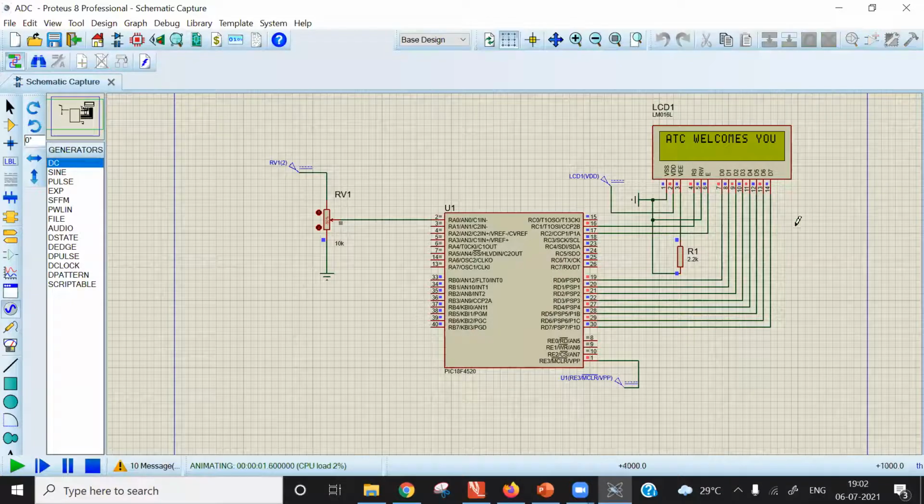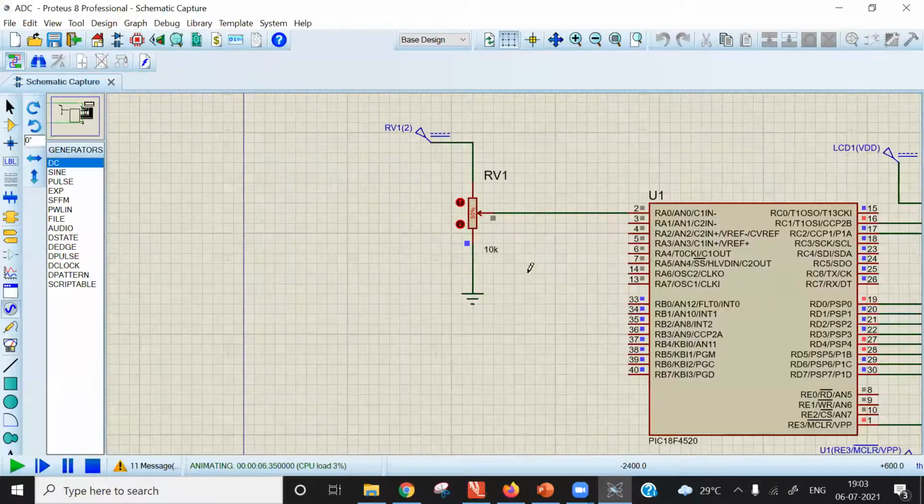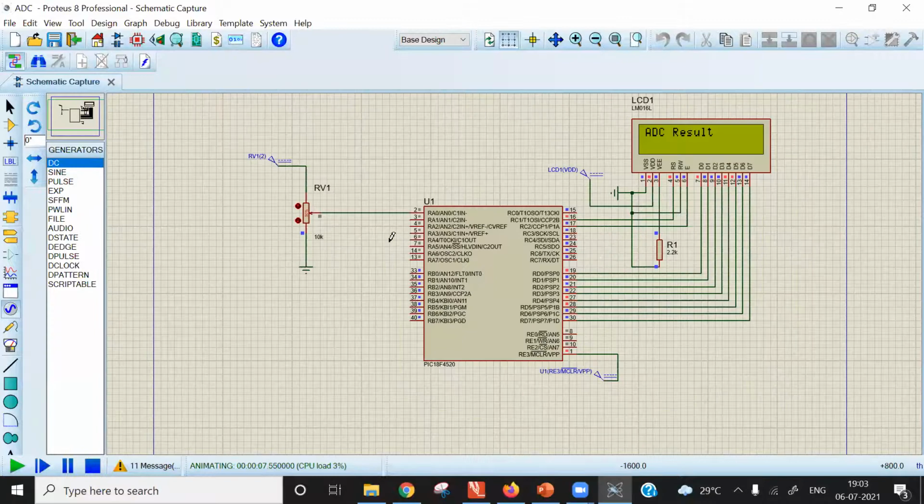ATC welcomes you. Everything is perfect. ADC result. Actually, sir has put one breakpoint, so that's why it is not going forward. I will restart the MPLAB X IDE again, and we will do the simulation again.